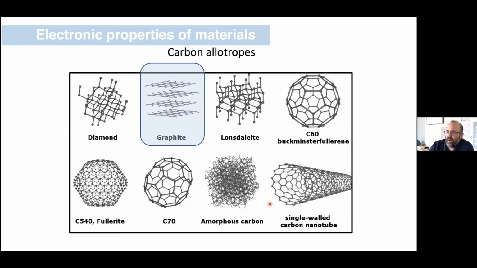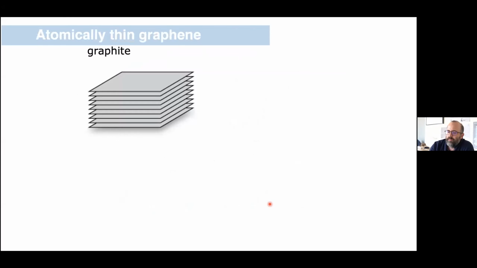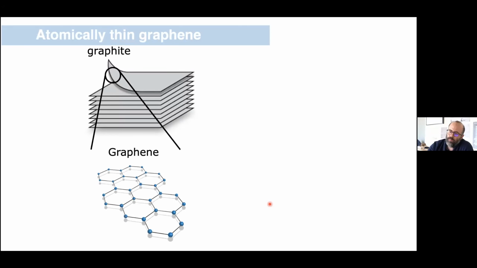I want to focus on this graphite system. And what I want to identify is that graphite comes to you in nature basically in a layered structure. But what we've learned how to do is peel off a single sheet and isolate it from the bulk of the graphite. And we look at its crystal structure. This is this honeycomb structure, as was just described. And already graphene behaves very differently than graphite.